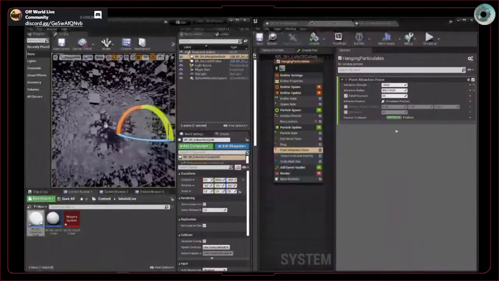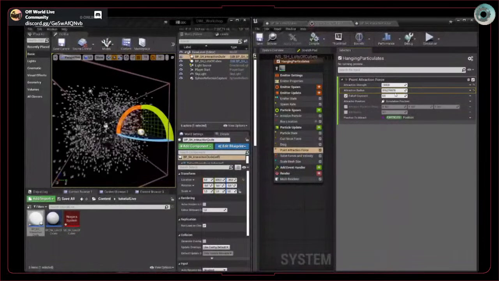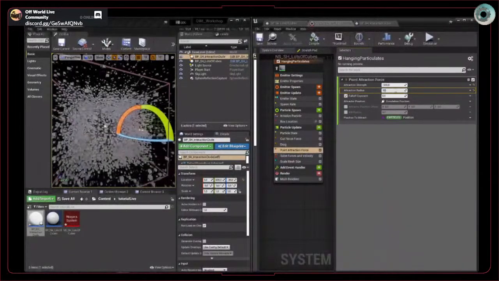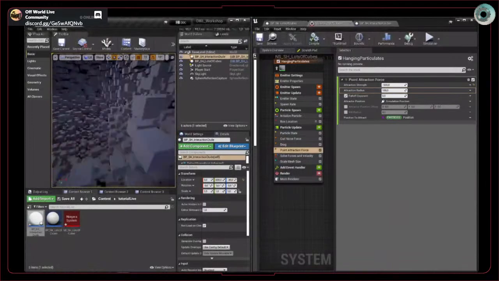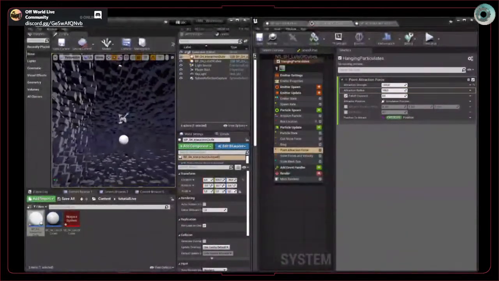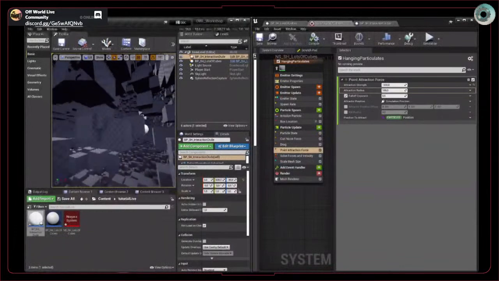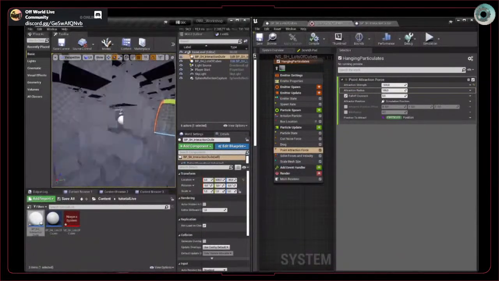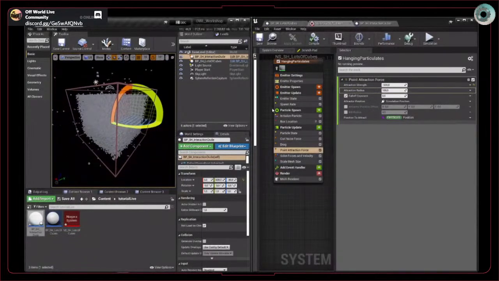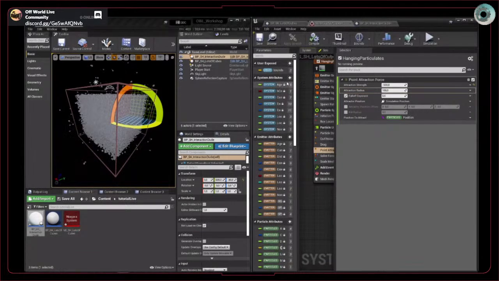And let's actually set the attenuation radius to something a bit lower. So it only pushes out particles within a predetermined sphere-like bound, right? So we have a location vector coming from our blueprint on event begin play, and